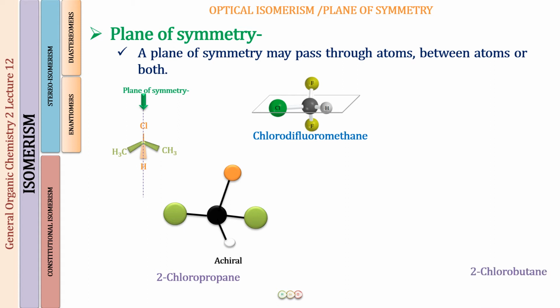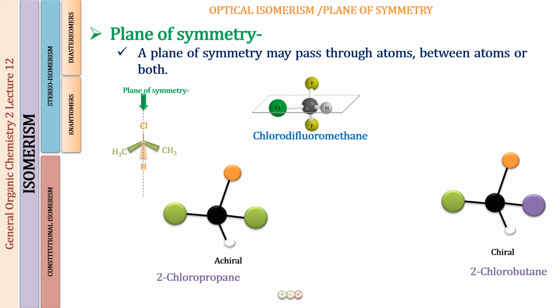Perfectly clear, I hope. Now look at 2-chlorobutane. So in 2-chlorobutane, what you know is that we have carbon number 1, carbon number 2, carbon number 3. There is going to be a methyl group. Then there is one carbon which is attached to chlorine and hydrogen. And then there is an ethyl group. You have been talking about this molecule so many times. Fine. So here what you can see is that this carbon is an asymmetric carbon, and if in a molecule an asymmetric carbon is present, we are 100% sure that the molecule is going to be a chiral molecule.